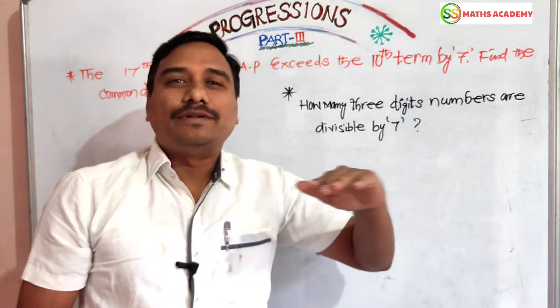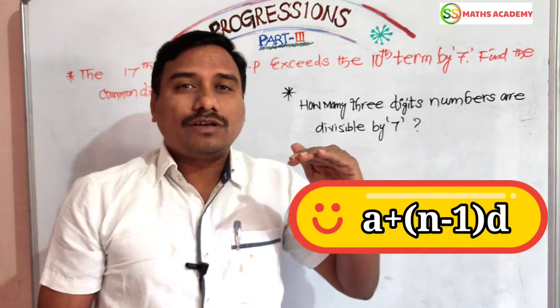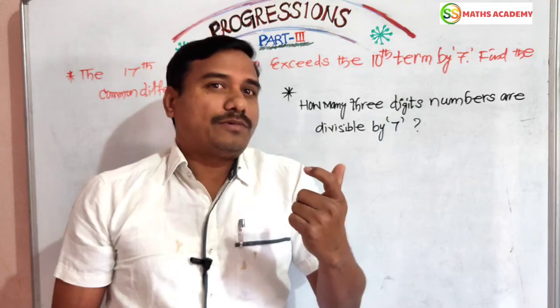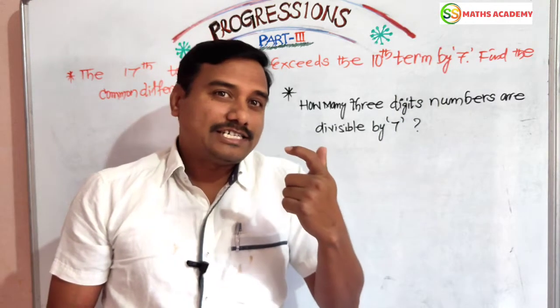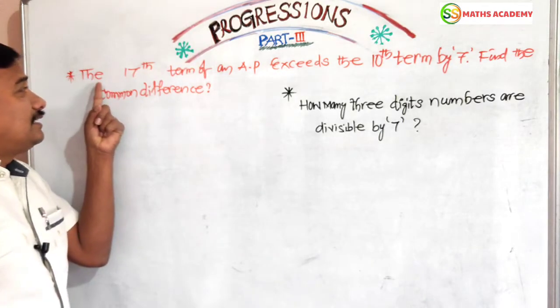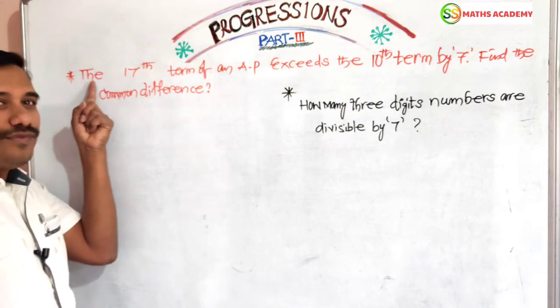Today we are going to complete this by using the nth term formula. On the basis of this formula, we are going to discuss problems that will also be helpful for you in the examination pattern. Let us see the first question, dear friends. Here, the model number in part 3 is 5.